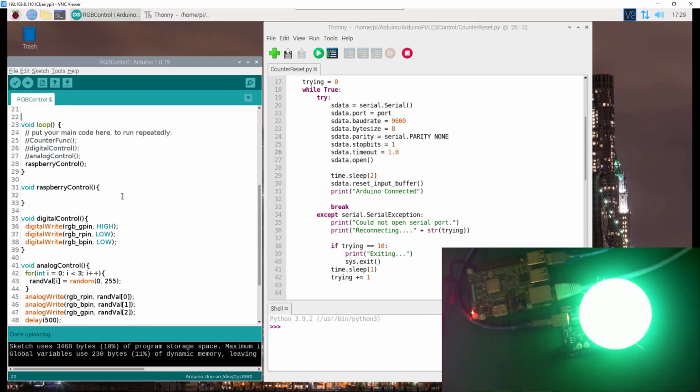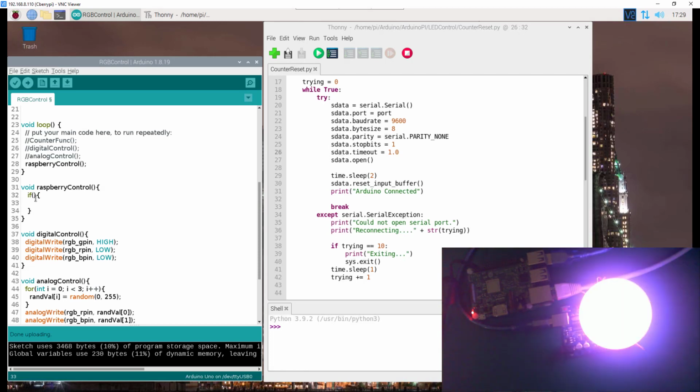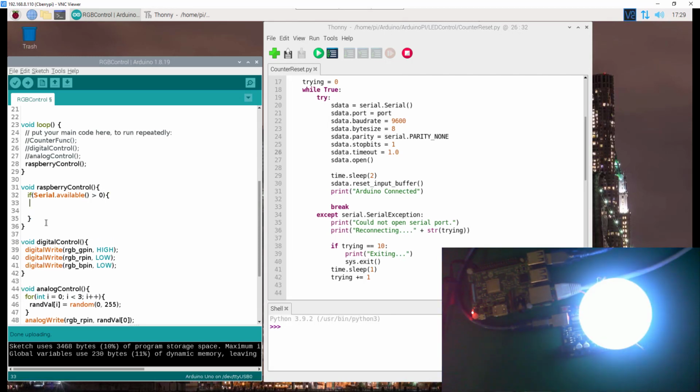into our serial communication. And then into my Raspberry Pi control, so I'm going to basically just add the if statement, right? An if statement that's going to check whether there is serial data available. Okay, so to do that is if Serial dot available. Now if this Serial.available function is greater than 0, that means there is data available in the serial port. Okay, then what we're going to do is to just take that message